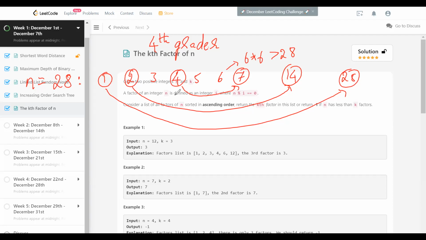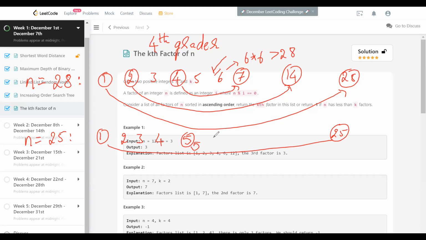Also, to find the factors, we are stopping at roughly the square root of n. So we need to find only the factors which are less than or equal to the square root of n. Actually, there is one special case when n itself is a perfect square. Say, for example, n is 25. In that case, 1 is a factor, and because of 1, 25 is also a factor. 2 is not a factor, 3 is not a factor, 4 is not a factor, but 5 is a factor. But if you see, 5 into 5 is 25. That's why this is not in a pair. This happens when n is a perfect square.